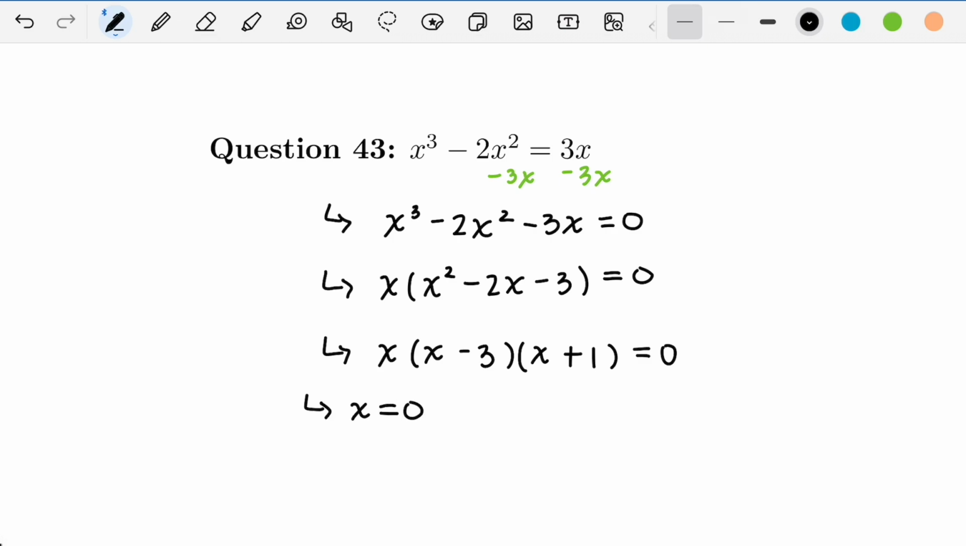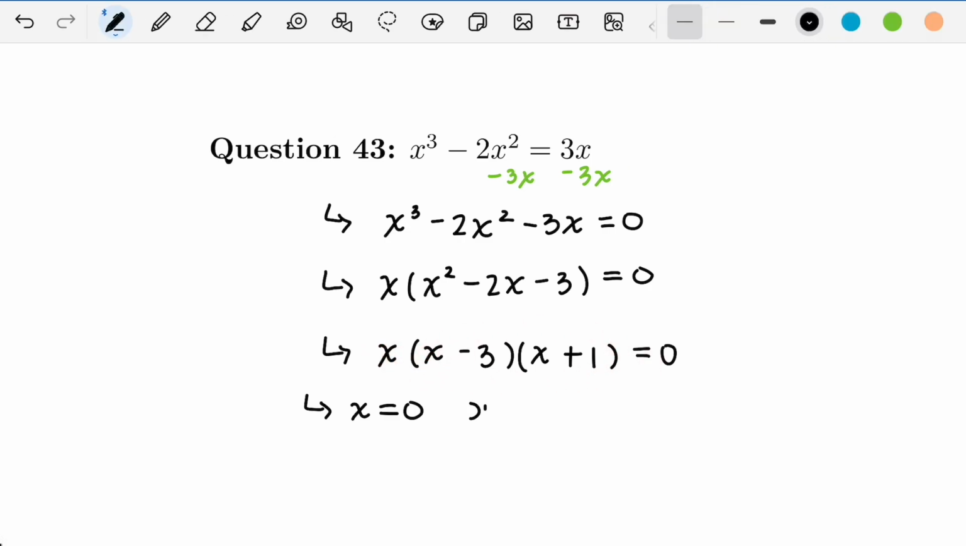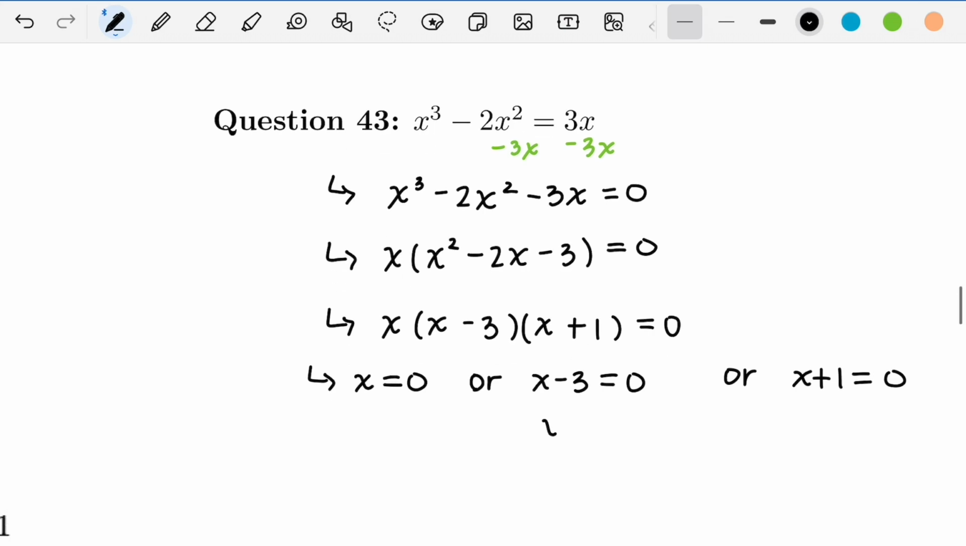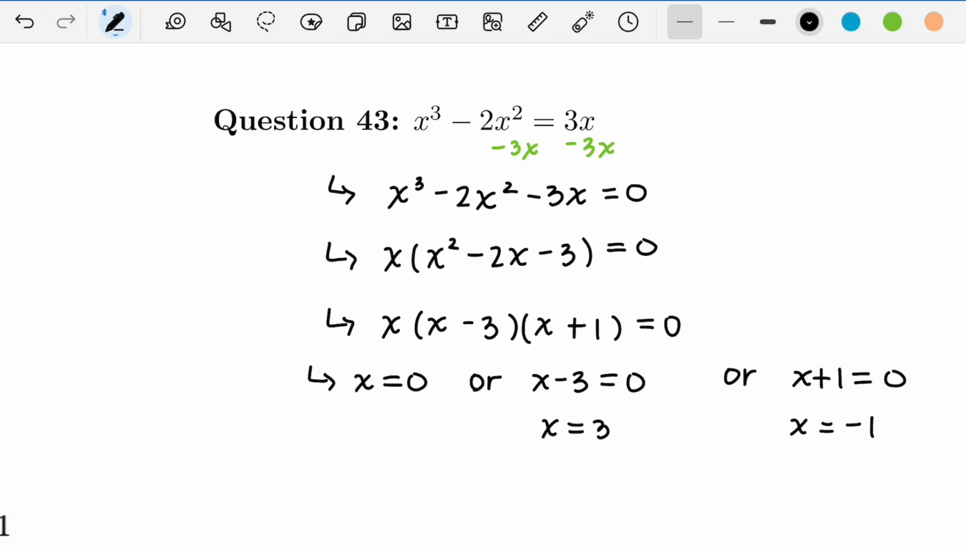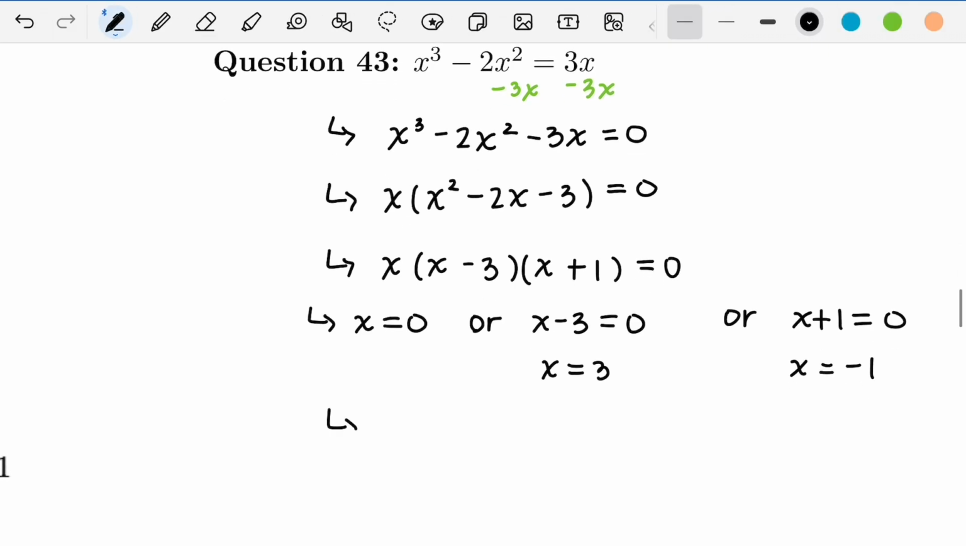The first one is x being 0. If we plugged 0 into this x here, we would get 0 times this, which is in fact equal to 0. Or x minus 3 could be equal to 0, or x plus 1 could be equal to 0. So we solve for x in both of these equations, and we end up with three solutions. So our solution set in this case is going to consist of the x values negative 1, 0, and